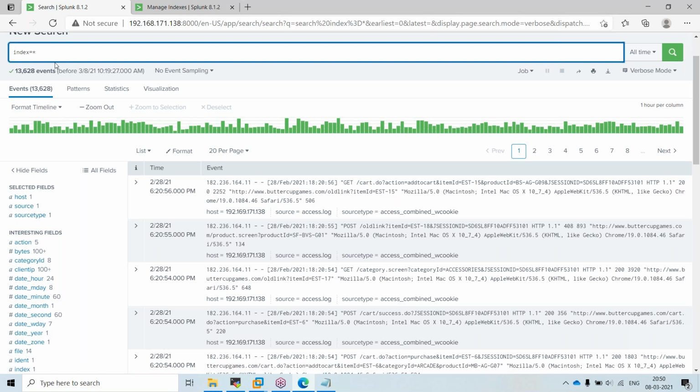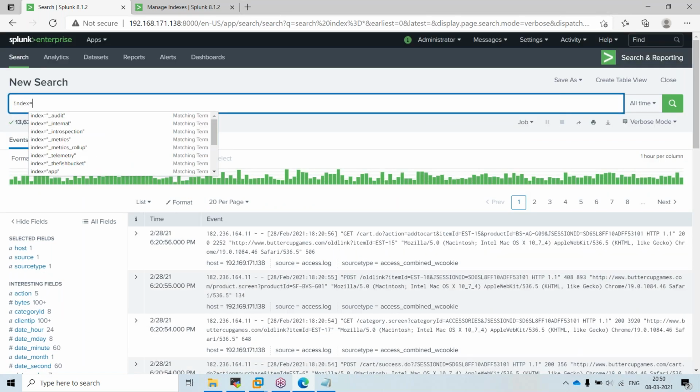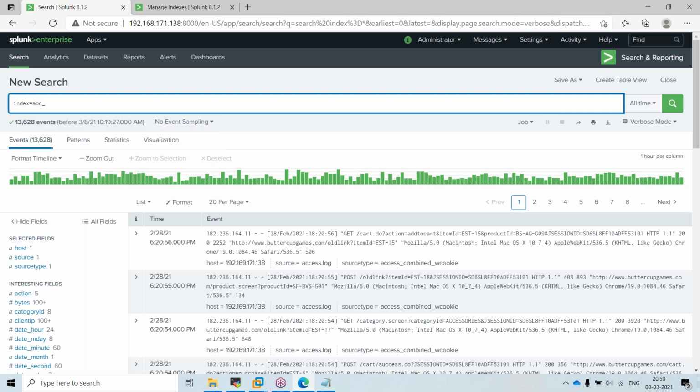One more thing: normally you will have something like abc underscore some naming convention, like app. This is very important. This is abc underscore db, this is one index. Or one index is created with app and one index is created with web. Now, if you want to search errors in both, or your criteria is searching on both indexes, you can give star underscore star.